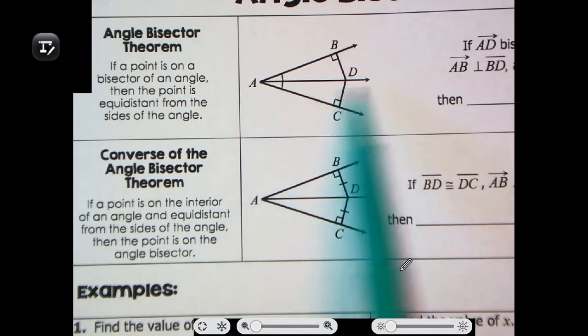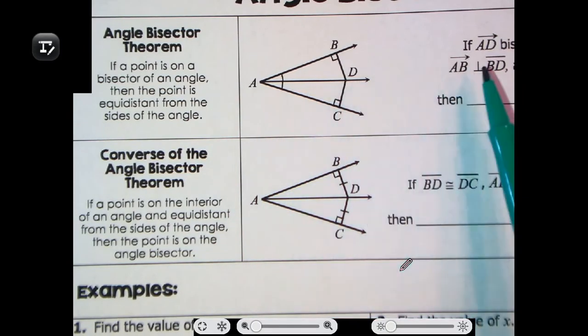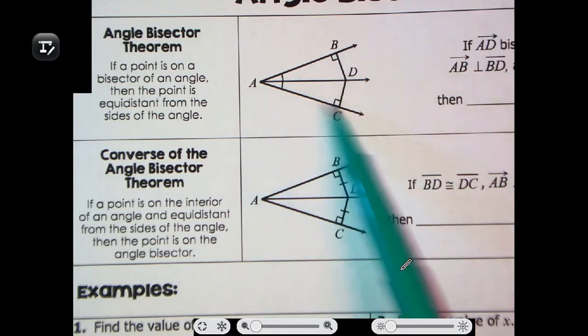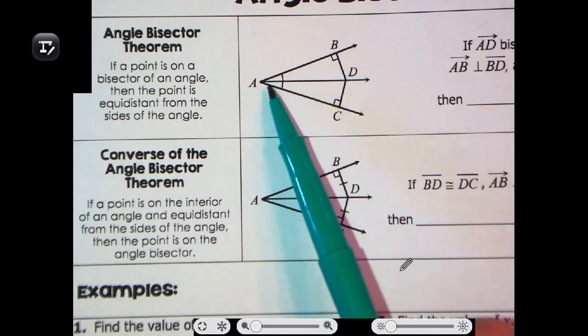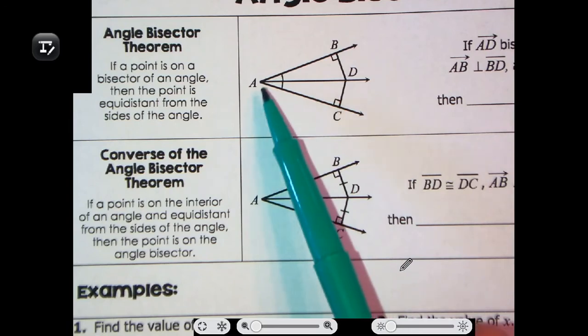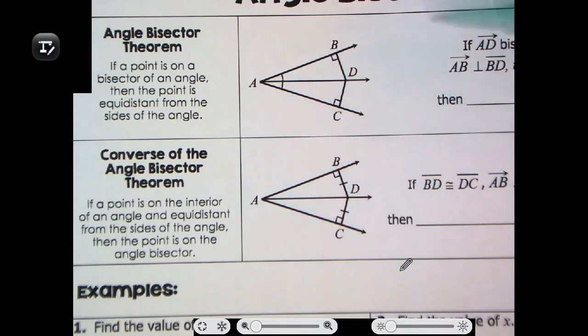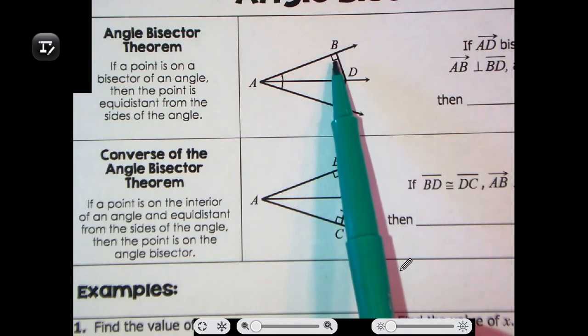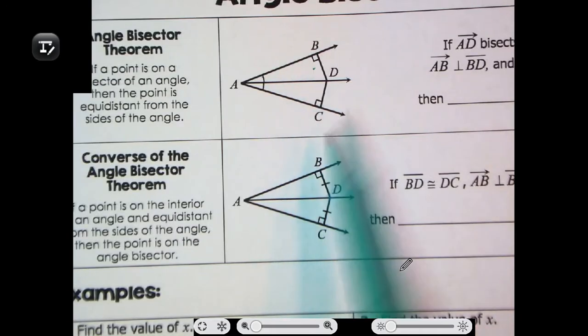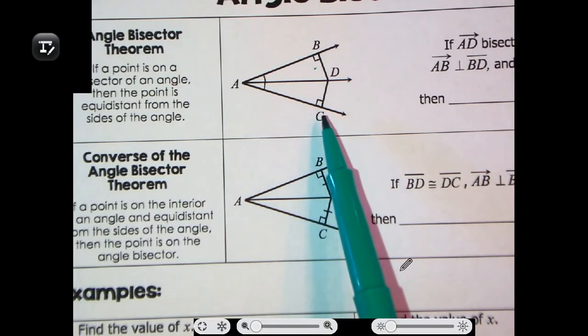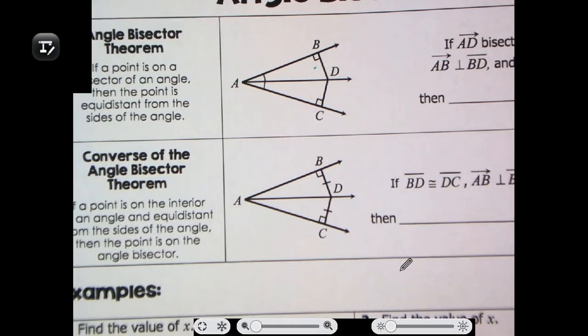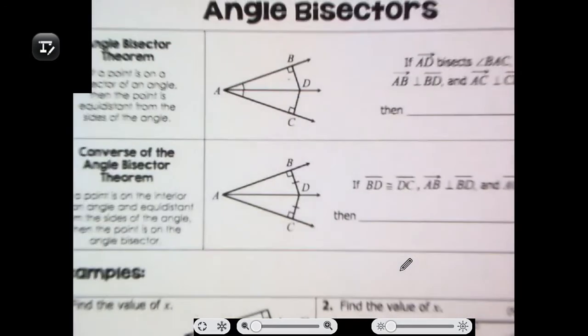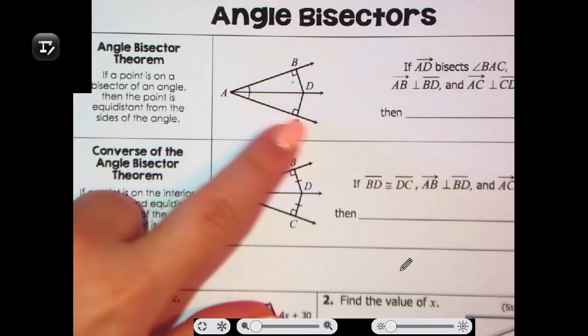If ray AD bisects angle BAC, so if it's cutting it in half, and AB is perpendicular to BD, you can see that it's perpendicular by our right angle right there. And then AC, the other side, is perpendicular to CD, then that means that these sides right here are